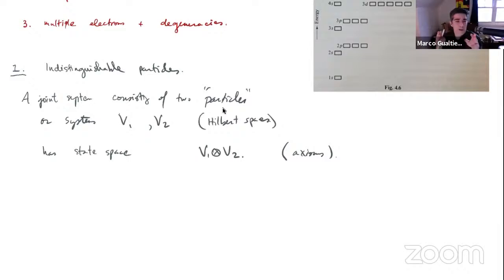That means that the electrons do not have some internal, they don't have secretly a label on them that says, I'm the first electron and I'm the second one. They don't have that property. They don't have an individuality in any way. If you are going to label one of them as electron 1 and the other electron 2, that's your choice. It's an additional structure that is not present in the system.